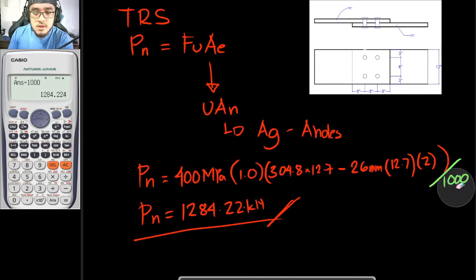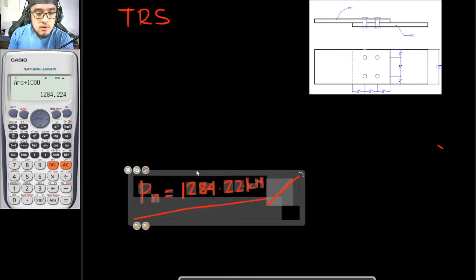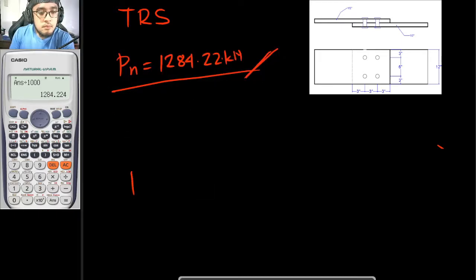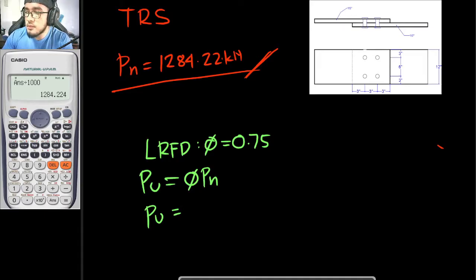So erasing this ones right here. So ito na nga yung ating PN, ano? So for our value for your PU, palitan natin. So LRFD. So PU is equal to phi PN. And phi in tensile rupture stress is to be equal to 0.75. So our PU is now to be equal to 1284.224 times 0.75, that is to be equal to 963.168